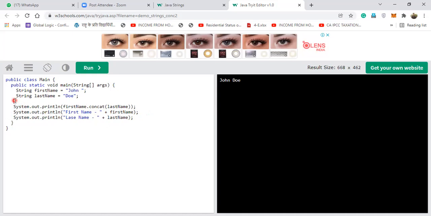See here, I have called last name. Yes, ma'am. It's written below the first name. It will show "last name" only. It won't show the actual last name. Whatever you write within double quotation marks is typed like that only. By mistake, if I have written that, it will show me that only. Okay, so now see what happens.